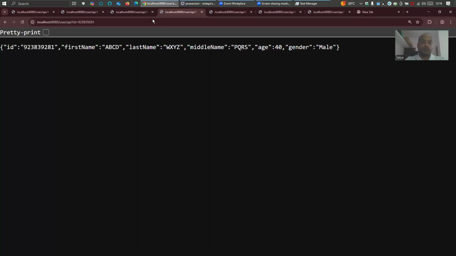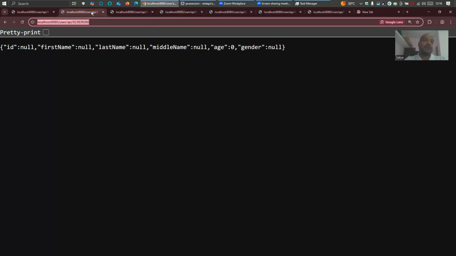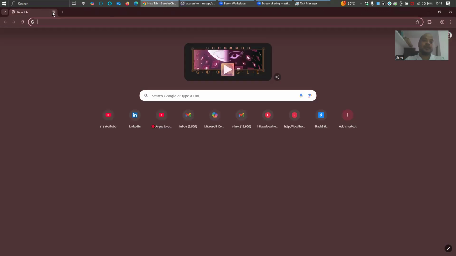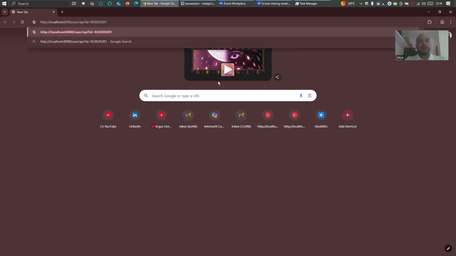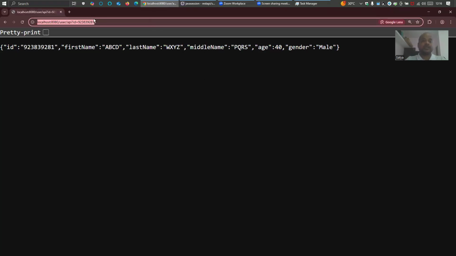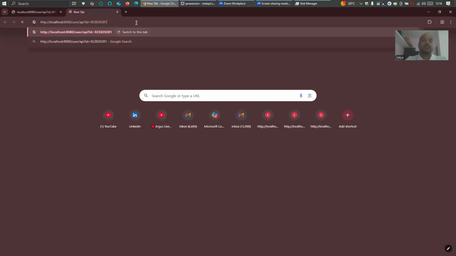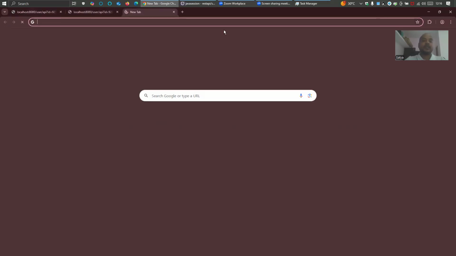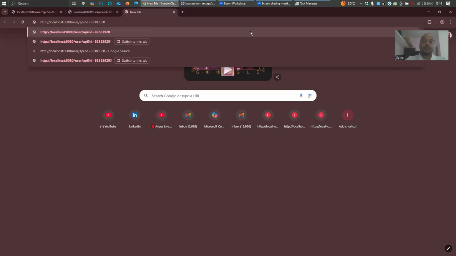You get the value. What I will do, I'll close all of them. You might be getting confused, right? I'll close all of them and hit again in a new tab, right? See, this is the HTTP localhost 8080 slash user slash API question mark ID. Now this is what you have to do, and take this into the next tab, put for 80,